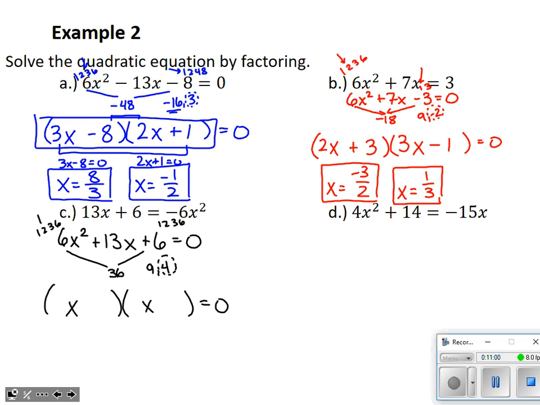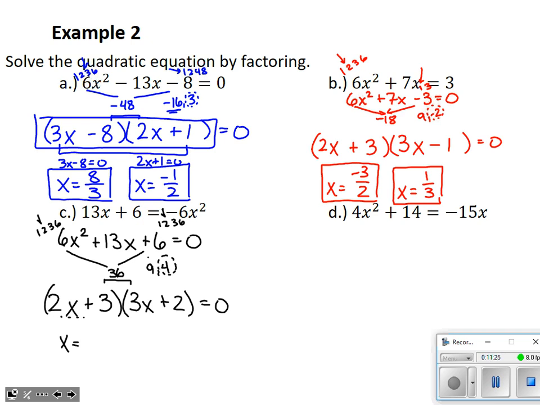To make a 4, I'm going to take 2 and 2. So my outside product is going to be 2 and 2. Set the outside. Let's complete FOIL. First times first has to make 6x squared. This must be a 3. Last times last has to make positive 6. That must be a 3 as well. Let's check the inside terms. 3 times 3 is 9. By God, that's our other magic number. It worked.